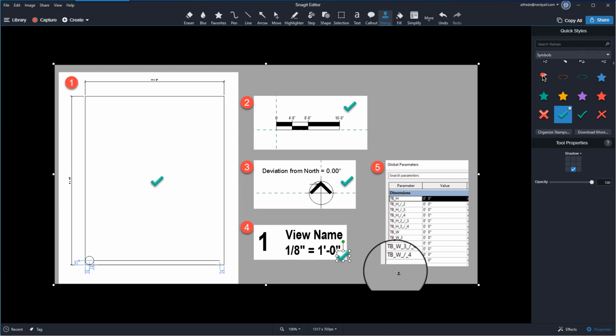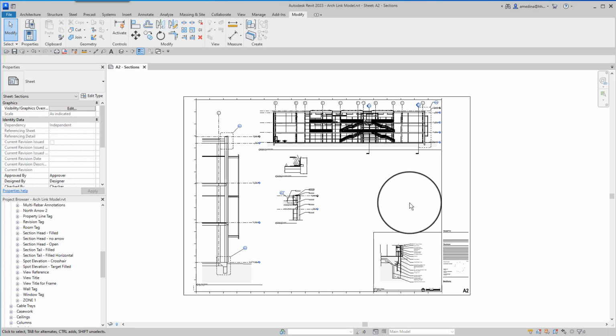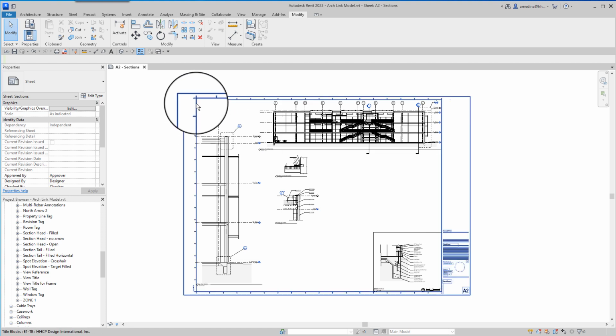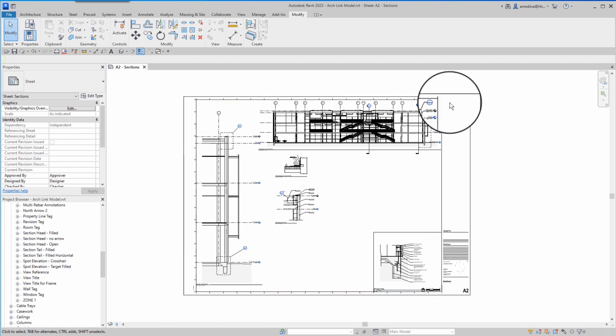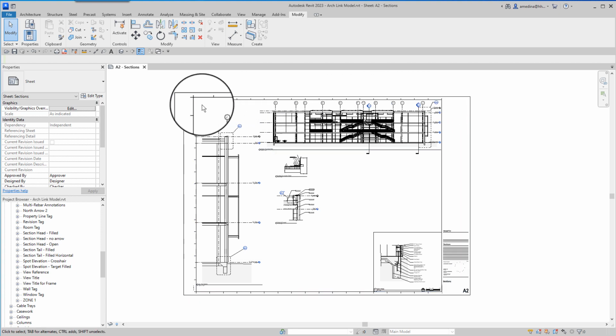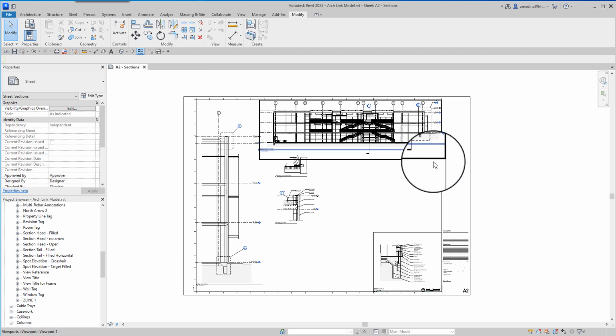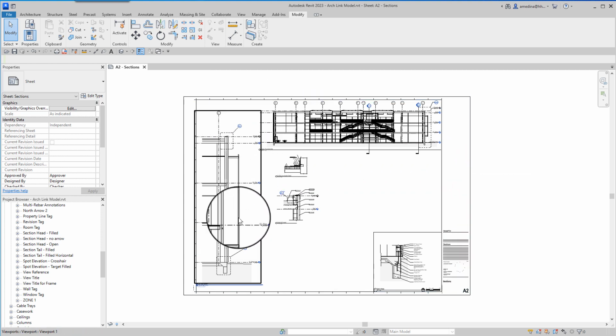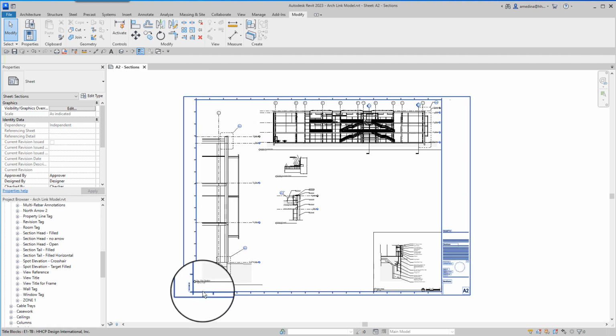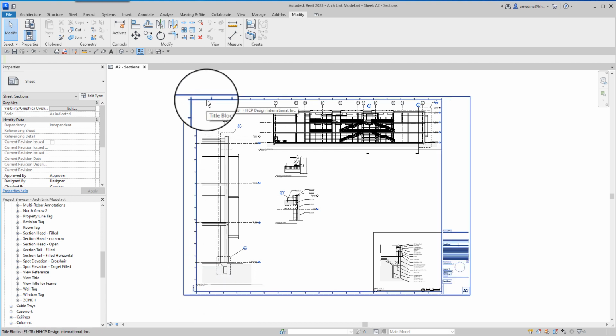Let's do that. The global parameters need to be one that gives me the available width of the title block, which means from this line to this line, and another one for the available height from this line to this line.